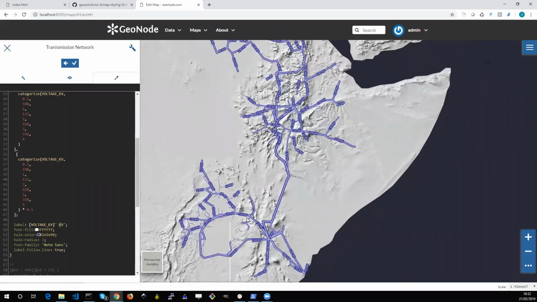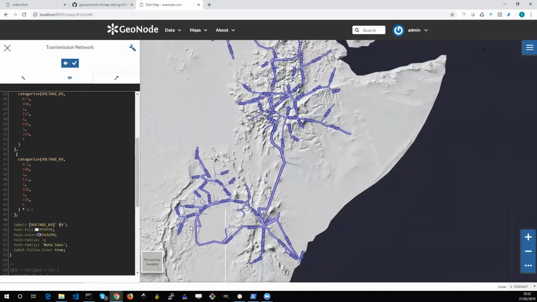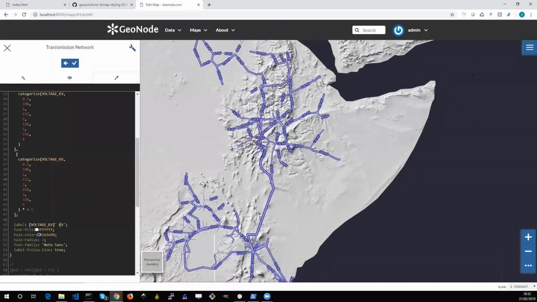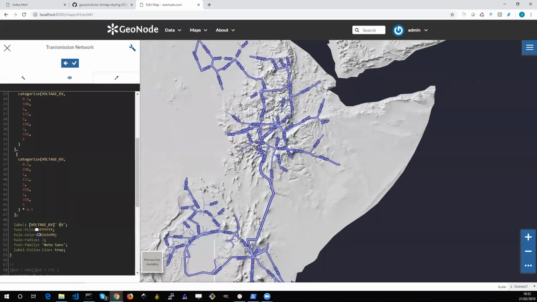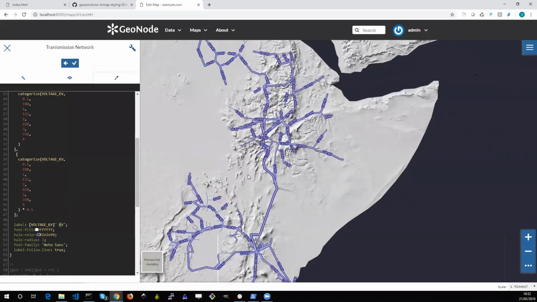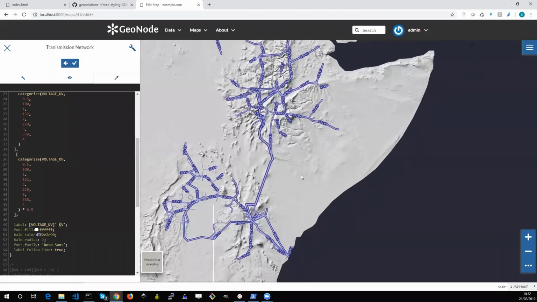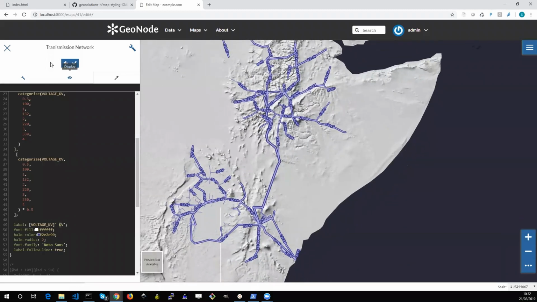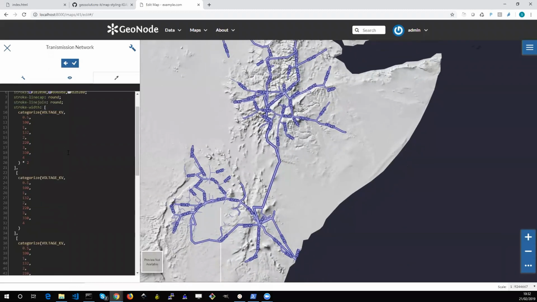And with the label follow line, we were able to make our text, as the property said, follow the line. Oh, now there was the scale dimension rule. That's because we cannot see at all the other scales. And so